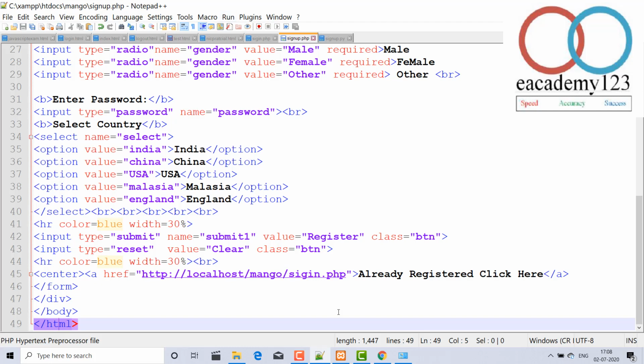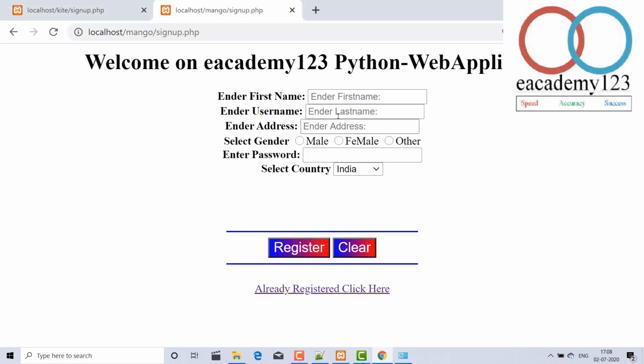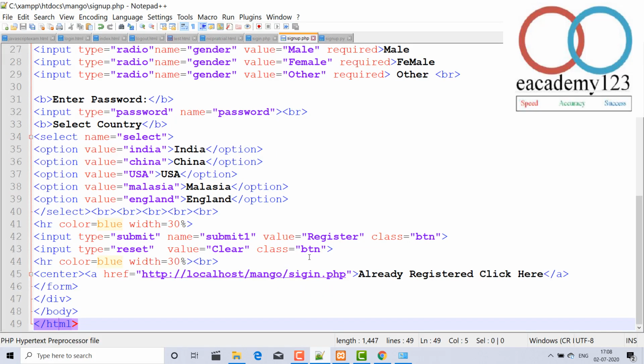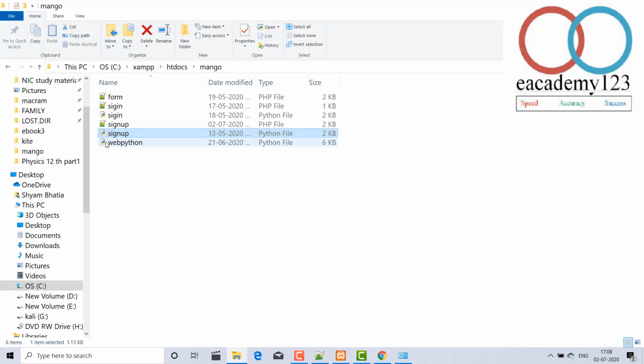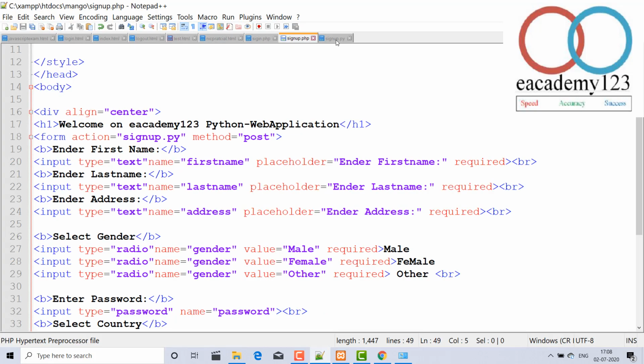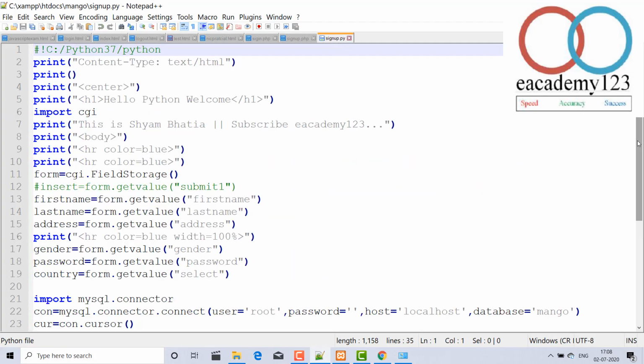I have saved everything. Just run it, go to that form, and if you run that, then it will go to python.web. After doing that, what will I open? This signup.py. That is the most important file, and I have already opened it. Yes, friends, here you have to concentrate properly. That is simple. Here is how to do it.